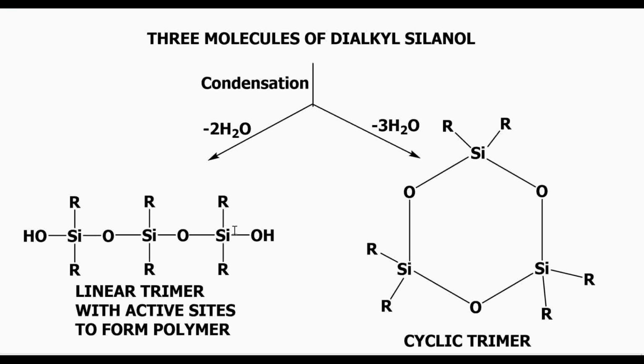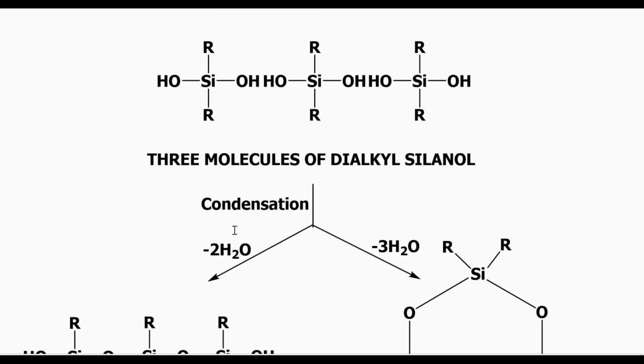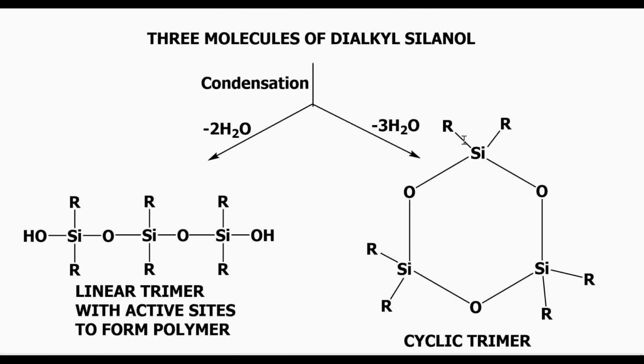Now, it is also possible that these 3 molecules can form a cyclic trimer. See, the same things I have shown over here, R, R, Si, O and O. You are having dialkyl silanol. So this is called the repeating unit or the monomer, R2Si(OH)2 is your repeating unit or the monomer. Now, this can react with 2 different such molecules to form a cyclic compound, and once the cycle is closed,